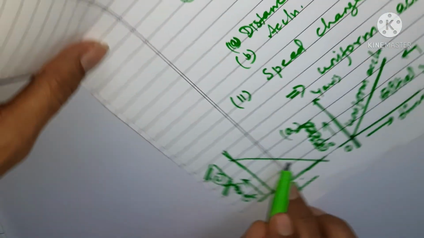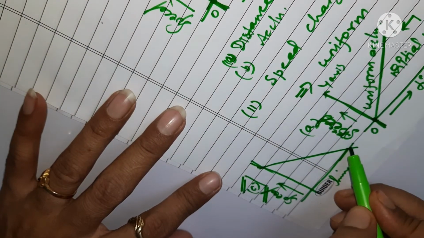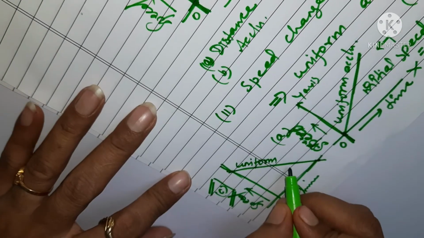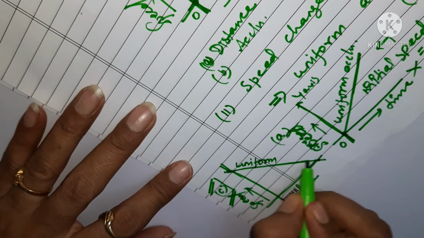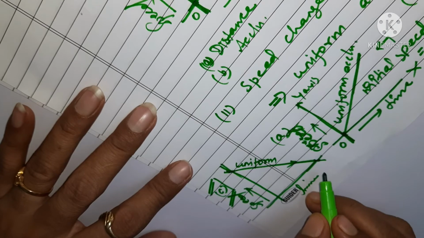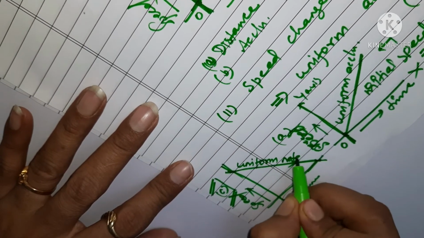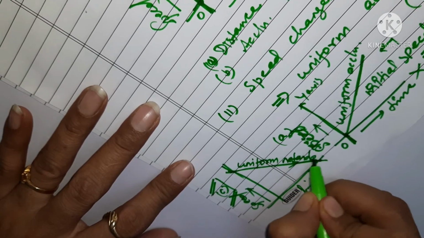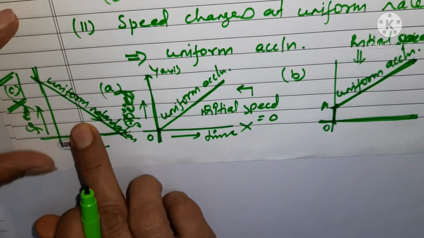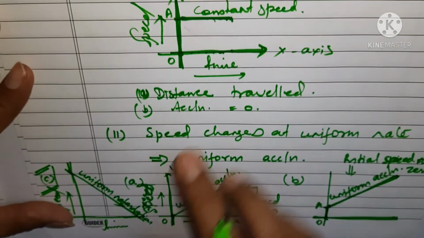In this case also you are getting uniformity. You can see there is a straight line graph, so it is giving you a uniformity. But what type of uniformity? It is moving down, so we will say it is a negative graph. And if it is going downward, that means it is retardation. It is also acceleration only, but its value is negative. That is why this type of graph shows retardation. Understood? So we are going to study these three types.